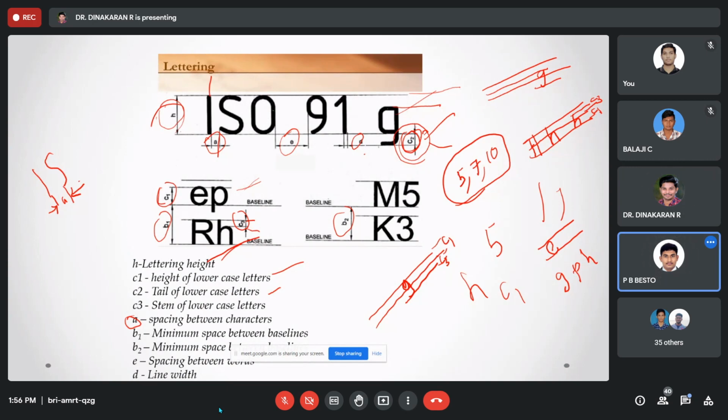Yes, sir. There is a space between the characters, sir. Okay. It will start with which one and end with which one? Between the letters, it starts with the ending of the first letter and ends with the start of the last letter. You see the difference.